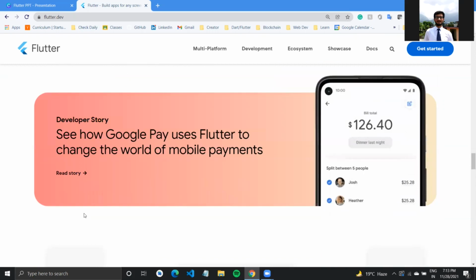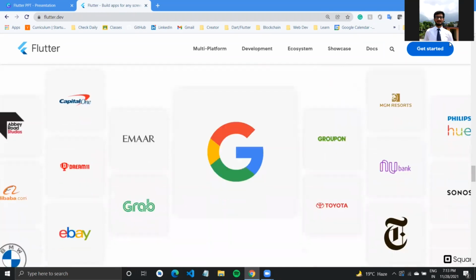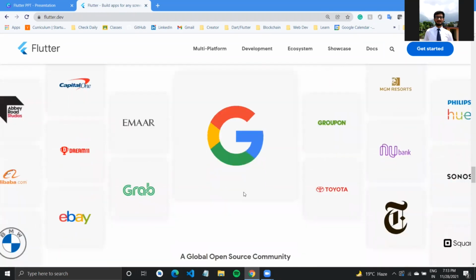And possibly if you use Google Pay, you are already interacting with a Flutter app, because the latest version of the Google Pay app uses Flutter. This is a very interesting story, since Google Pay handles all these different interactions, and you must have seen the UI itself, which is really cool, and all the animations that play in it. So Google Pay also uses Flutter to do the mobile payments and all that. There are a lot of companies out there that are using it.